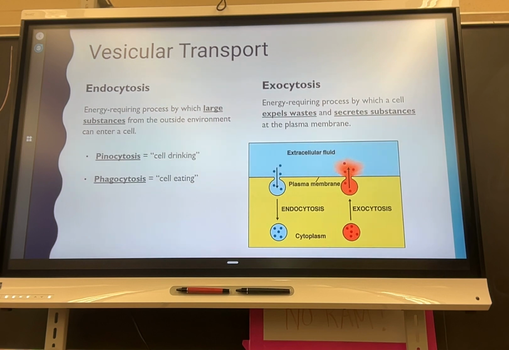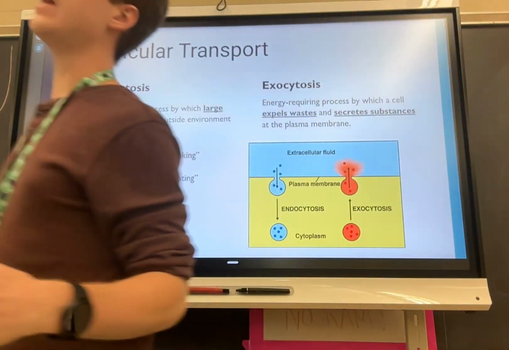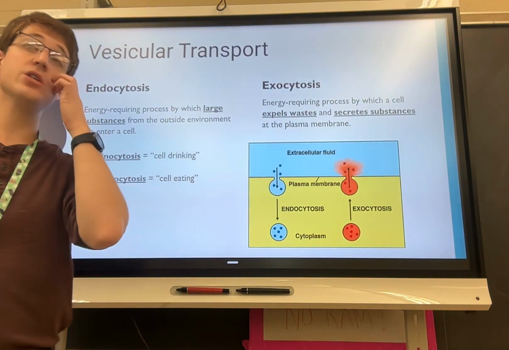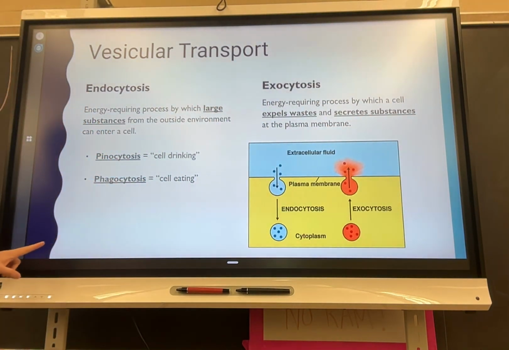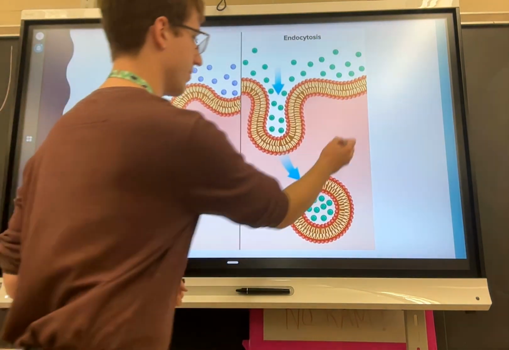So if they can connect with the cell membrane, what do the vesicles have to be made of? What type of lipid? Phospholipids. Yes. So if the cell membrane is made of lipids, that means that the vesicles also have to be made of lipids. So you can see in this picture,